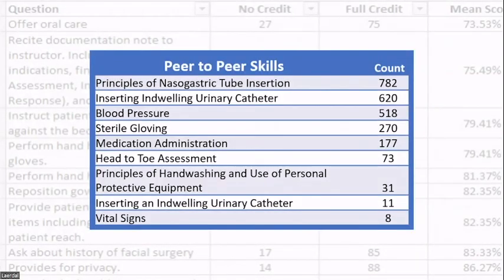The graphic here, I remember, we were pretty pleased with this. This is the on-campus only, and there's 1,100 something skill attempts. There were a huge number of skills attempts. You can see 782 nasogastric insertions. So that means the students were going. Well, we thought we were blowing it out of the water. We thought we were doing great. So we've got all of these big usage numbers.